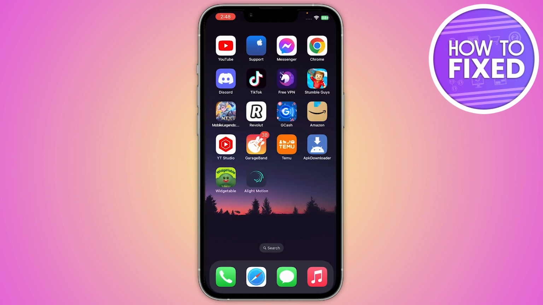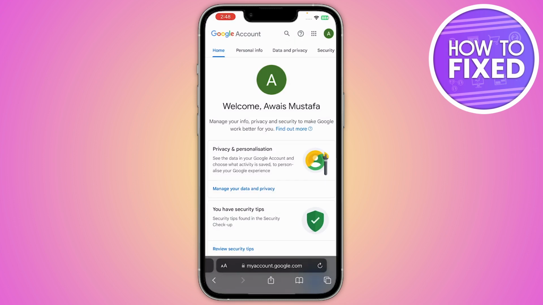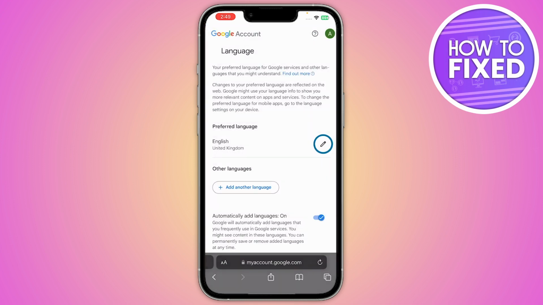So let's say you want to change this to another language. Let's say you want to change this to Dutch or any other language that you want to go with. So what you have to do is simply open up Safari and search for myaccount.google.com, and once you are in, tap on the search bar on the top and search for languages. Once you have searched for language, tap on this language which will take you to this preferred language tab